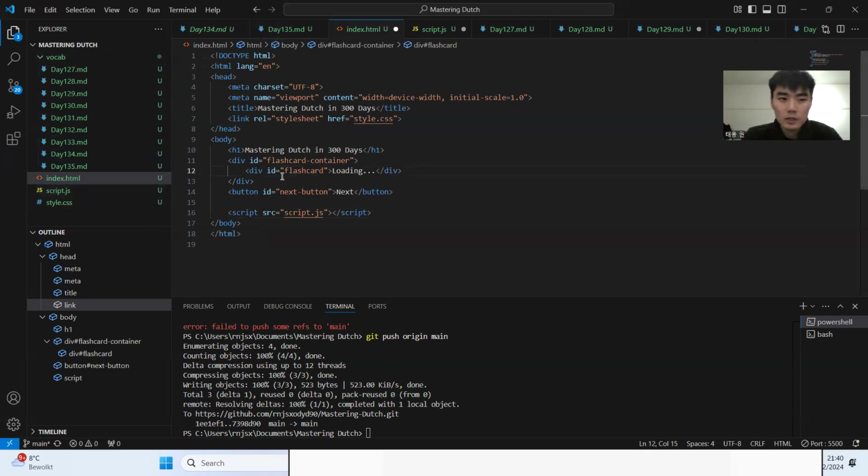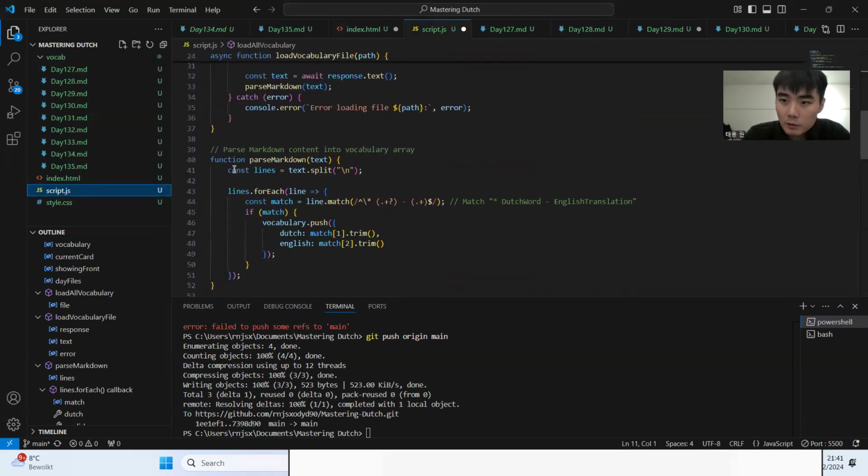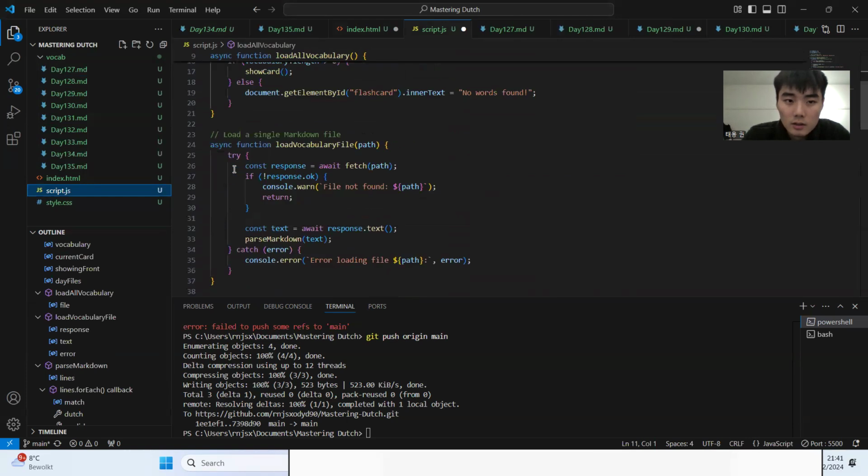First, I know HTML. I know what it does, but first I'm actually making an app out of it. So the title is here, Mastering Dutch in 300 Days. And then there's a whole script that works as the backbone of this application.